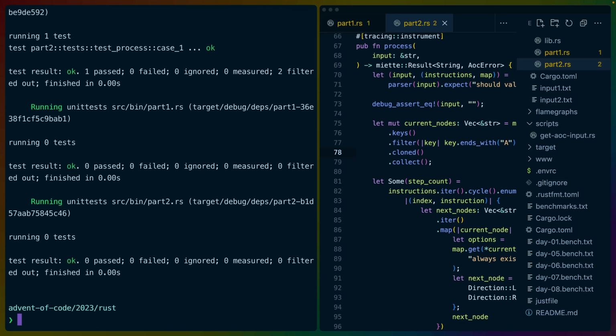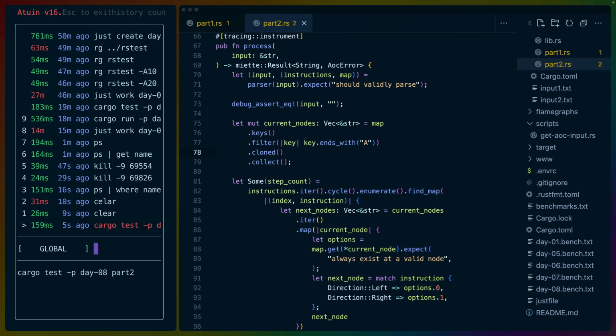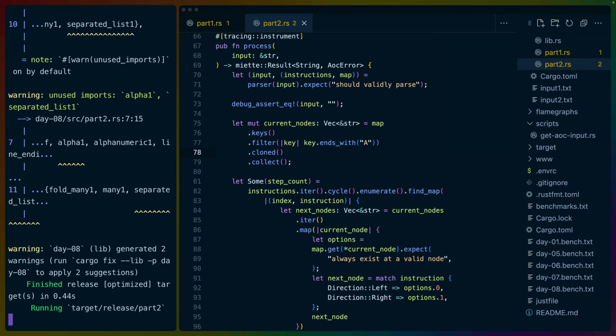So does part 2 pass the tests? Part 2 does pass the tests. Does part 2 pass the actual input? I actually have no idea how long this is going to run for, so that's unfortunate. We could at least bring back, well, even if we do a progress bar, we're not going to know, is the problem. So one thing that I could think of doing performance-wise is basically making this a giant parallelized iterator,